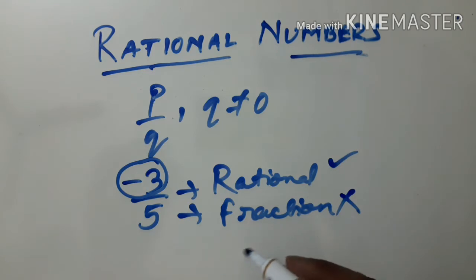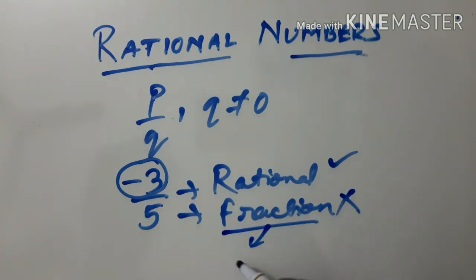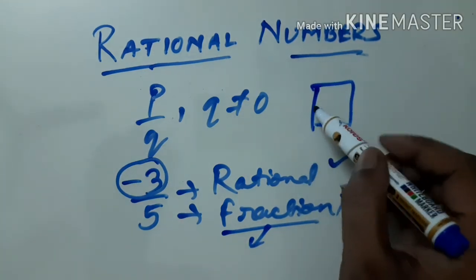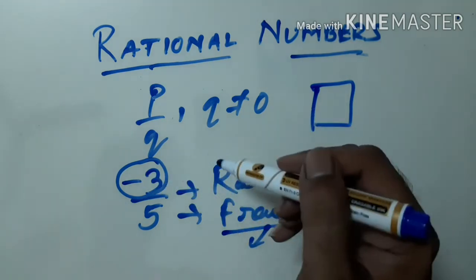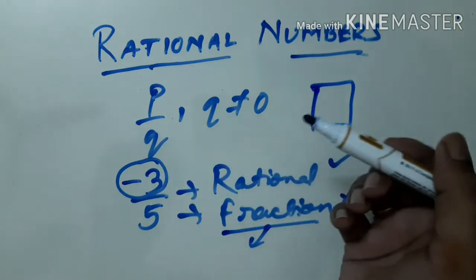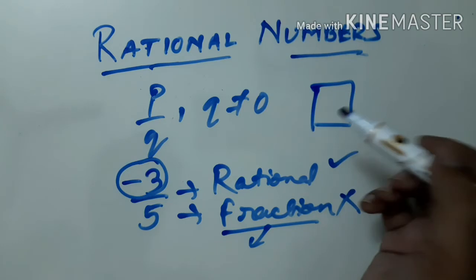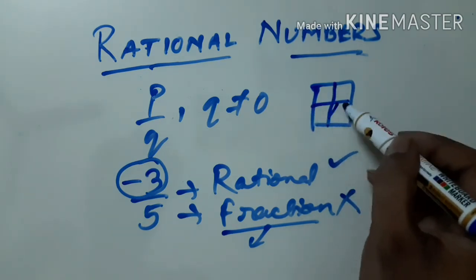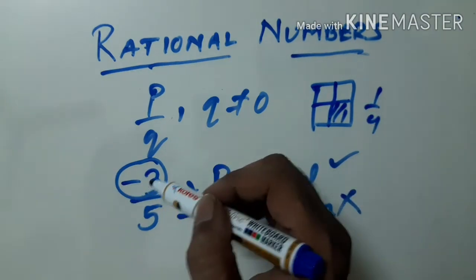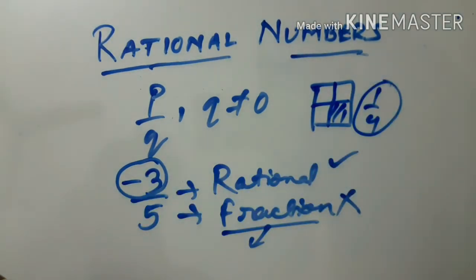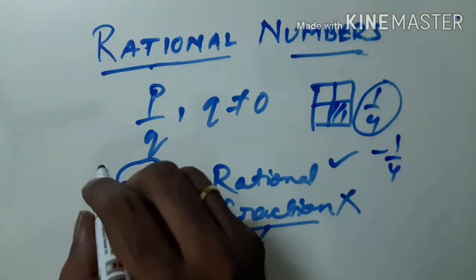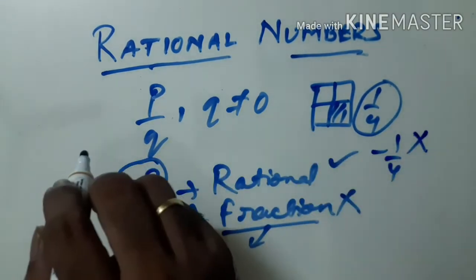A fraction means what? It is a part of a whole. So we never get negative parts. Can I cut a square into 4 negative parts? What do we understand by that? It doesn't make sense. But if I say cut it into 4 equal parts, we can do it like this, and each part can be 1 by 4. So it's a fraction. But if I say make minus 1 by 4 parts, then it doesn't make any sense.